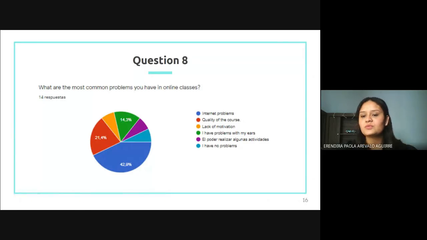they had a medical problem, which was hearing. So this could lead to complications during the class. And the other 7.1% shows that they don't always have access or are not able to complete the activities, since they aren't sure or don't know how to use some of the resources that are used in class. Those are the problems that they have, because that may cause them to fall behind.